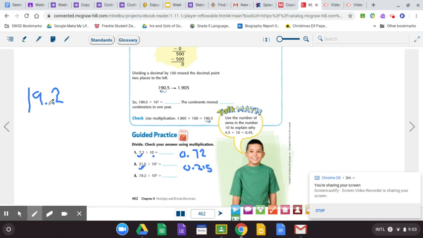So to move it to the left, if I move it over 2, that's only divided by 100, but we want to divide it by 1,000. So we can always add zeros over here. So you add a 0 and you go 1, 2, 3. So your answer for that one would be